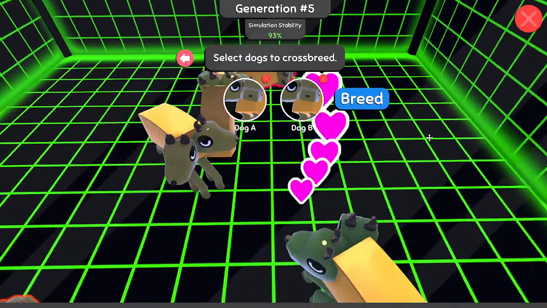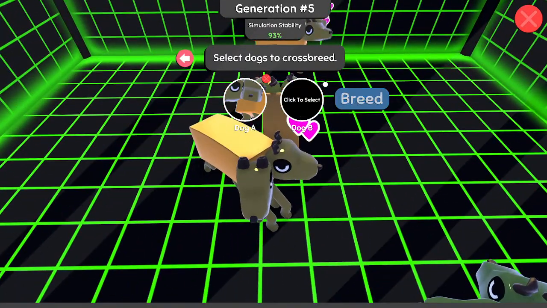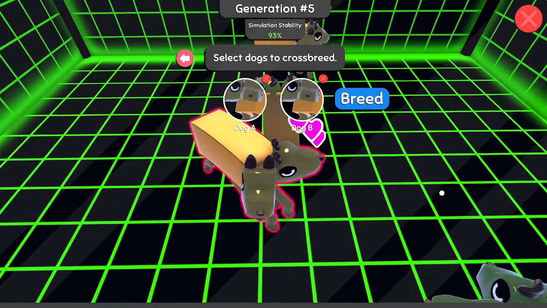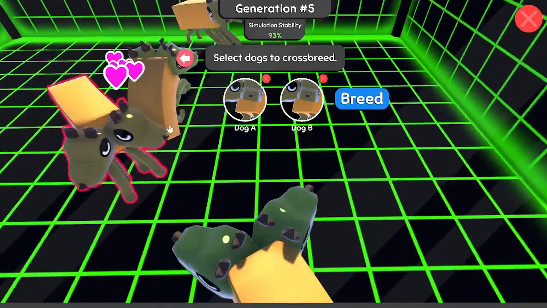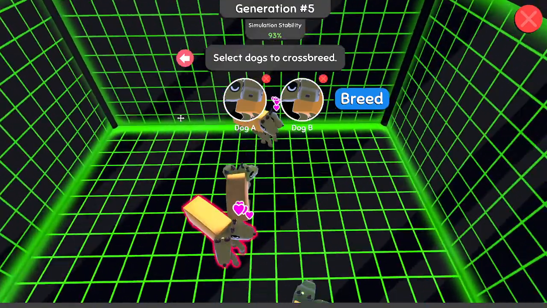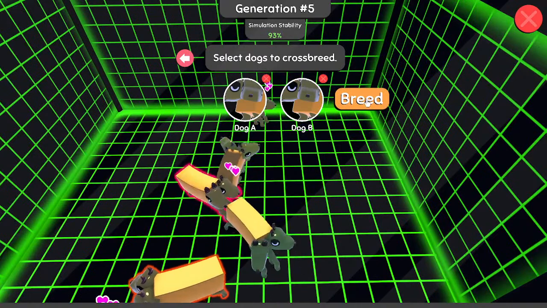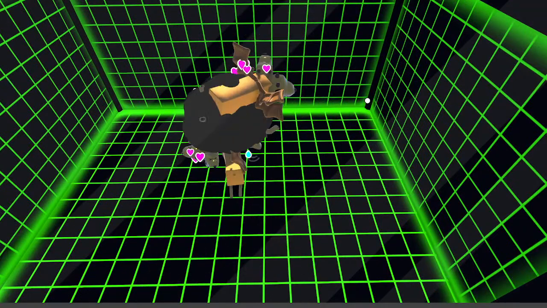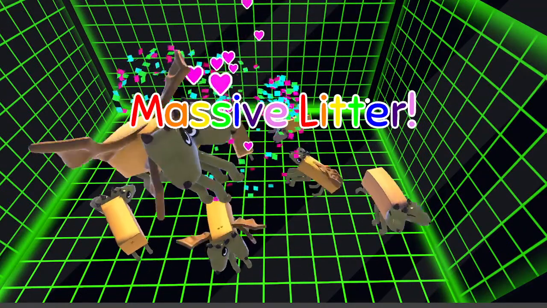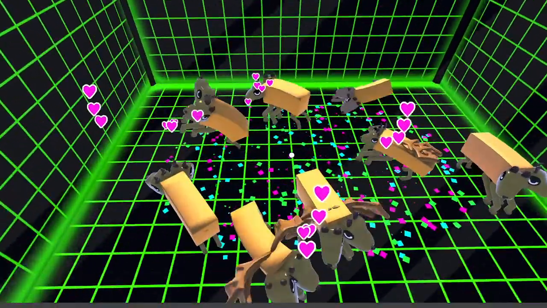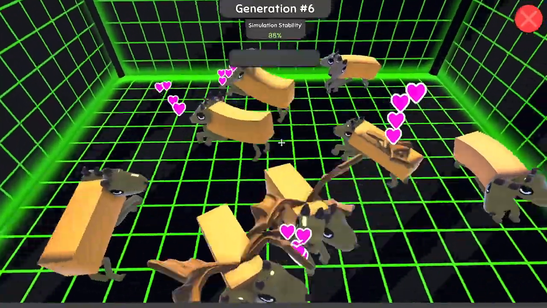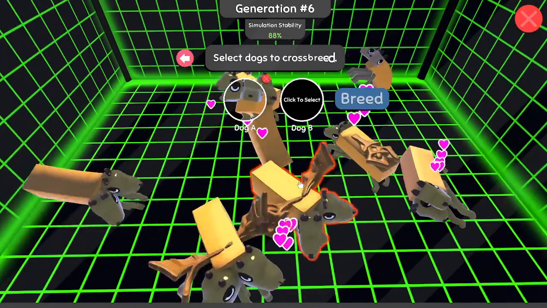Oh, we got some blue in there somewhere. Oh, there's so many multiple colors of noses and ears. Let's go with those two. Massive glitter. And none of you guys have a bit of darkness to you. Alright.